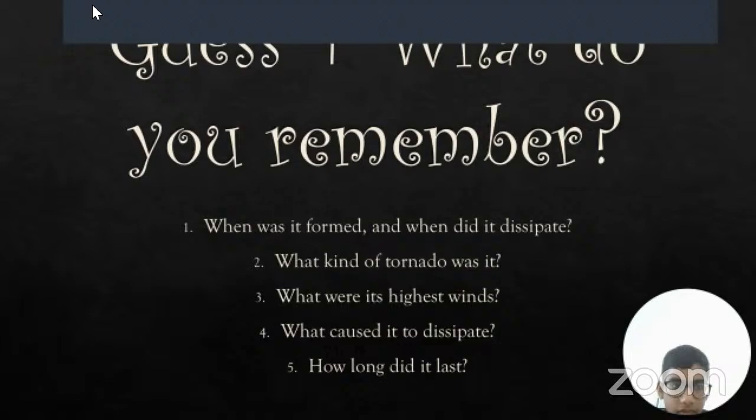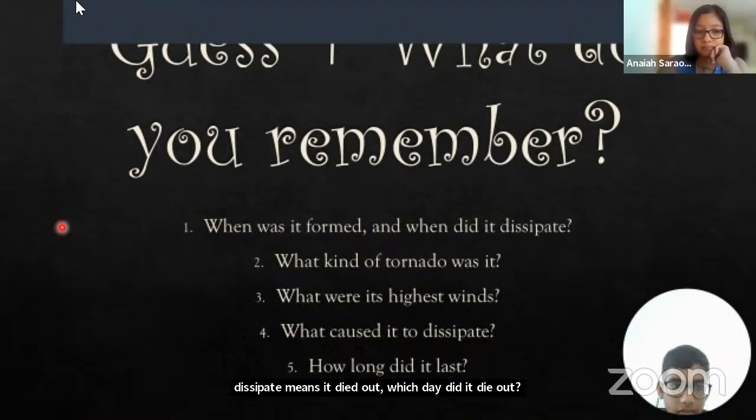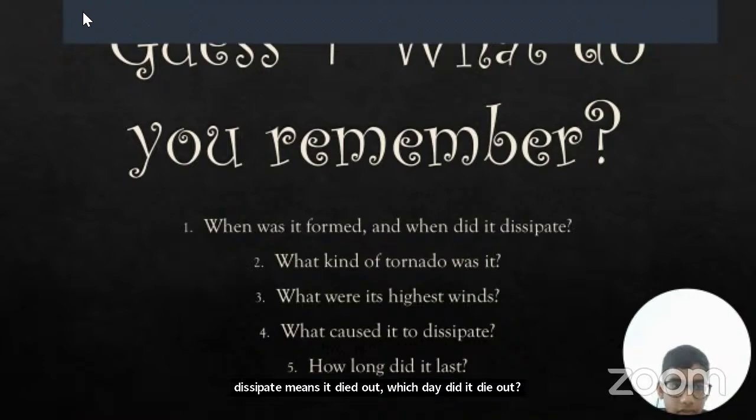Dissipate means it died out. Which day did it die out? The same day? No, it was formed on March 18th and it died out 2 days later.